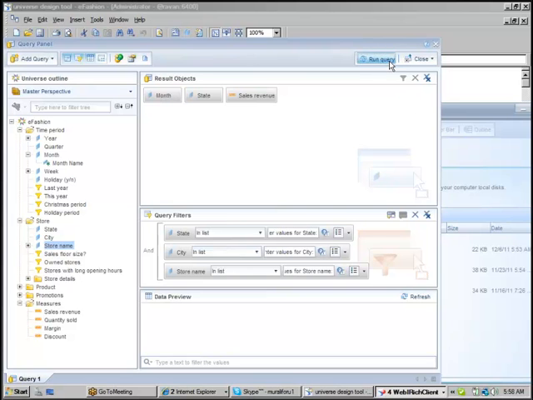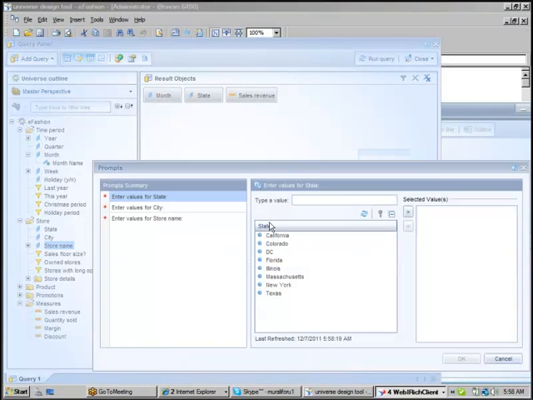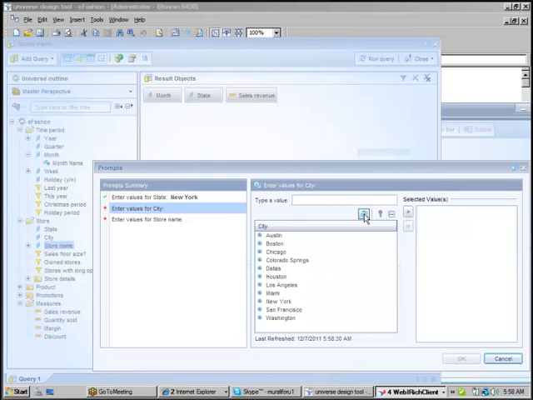I'm just running a query. This time it will ask to submit a particular state. I'm submitting New York. This time the city filter needs to show only New York cities, but it's showing all the values, all cities. Why is it showing all the cities?